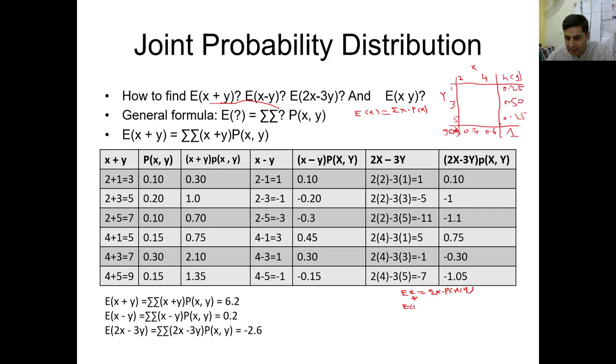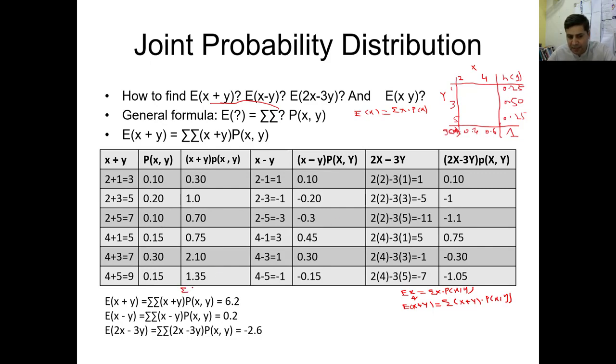Now this is x plus y. So now this will become x plus y into their joint probabilities, which we have already calculated from this table. So now in the next column, what you will do? 3, because the sum of x plus 2y is 3. 3 multiplied by this 0.30. 2 plus 3 will be 5. 5 multiplied by this 1. 7 multiplied by this.